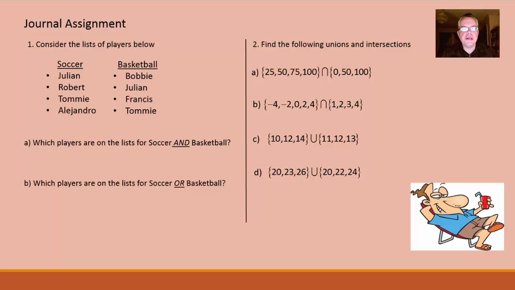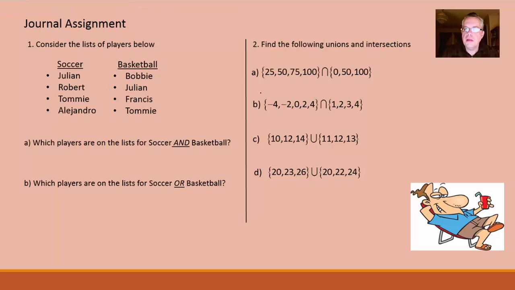This is an important first step. So here's your journal assignment for tomorrow. The first one, we have a list of soccer players and basketball players. Find which players are on both lists, soccer and basketball. Then write the players who are either in soccer or basketball. And then on the right side here, we have some set problems. So this first one,